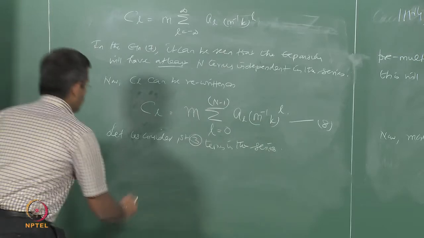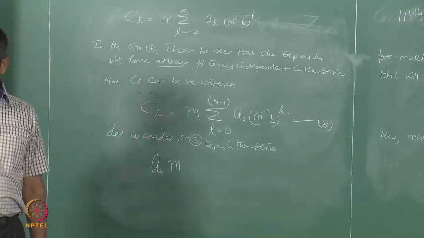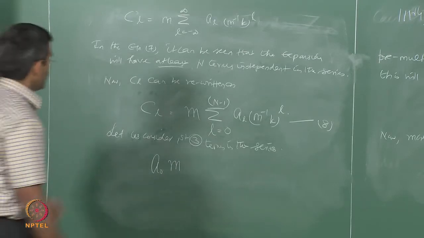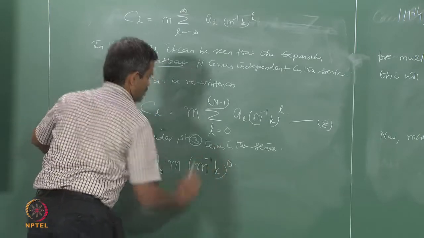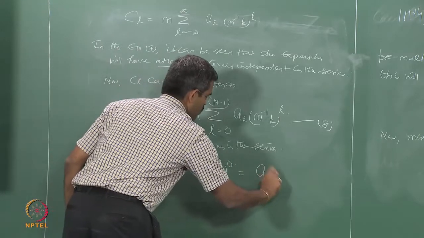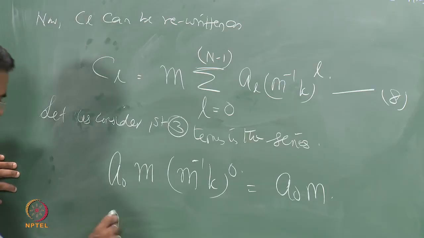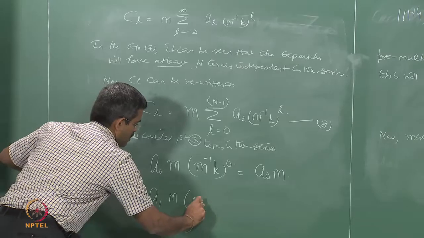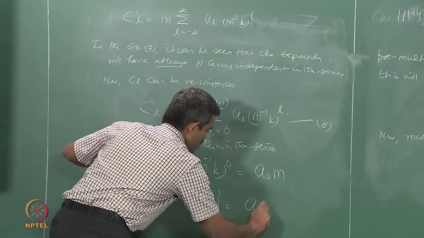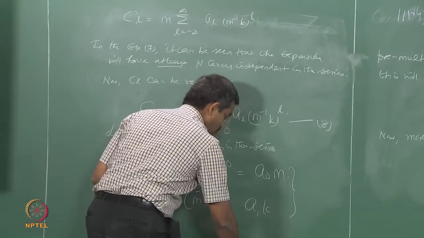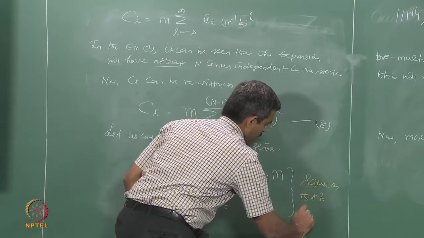So, A0 m m inverse k of 0, which is nothing but A0 m. Similarly, A1 m m inverse k of 1, which is A1 k. These 2 terms are same as that of Rayleigh,